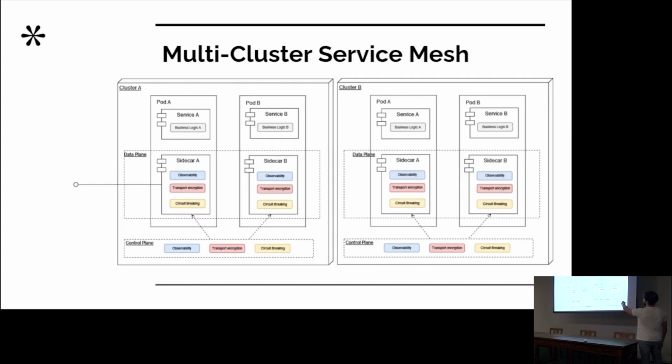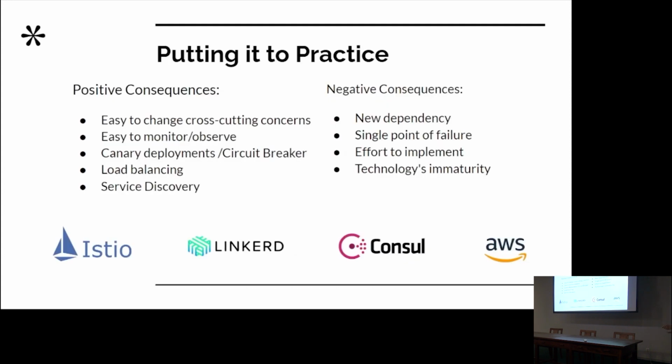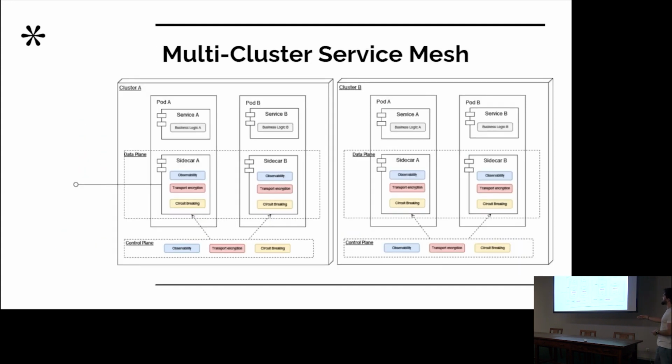So I can shift the traffic from one cluster to the other, increase the version of Kubernetes, and then change the traffic again, increase the version of the other cluster. This enables a zero downtime upgrade. The other thing is that you can use a single control plane to control different clusters, so saving a little bit of resources.